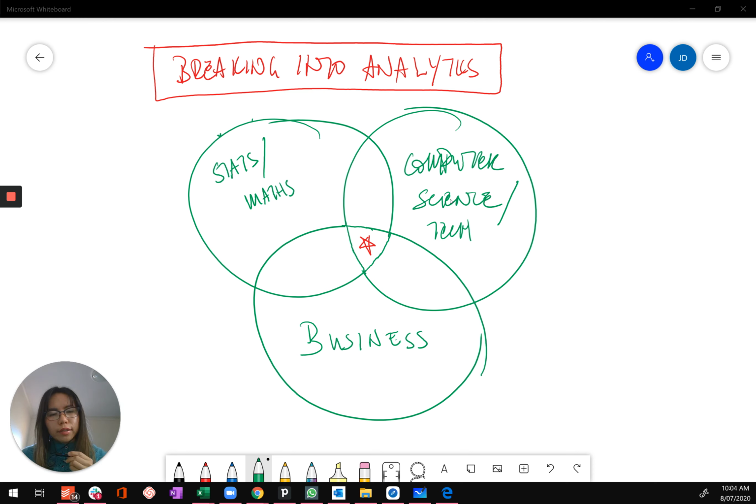So moving on to computer science and technology. If you just stayed in that computer science quadrant and never moved here, similar to statistics, you may not ever really understand the impact of your work on the bottom line of a business. That would just mean that your manager has to work really, really hard in order to make sure that everything you do does actually apply, which is fine in the short term, but doesn't really work in the long term as you progress in your career and you become more self-directed.